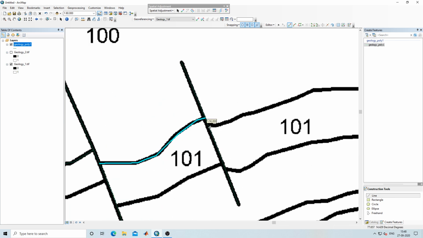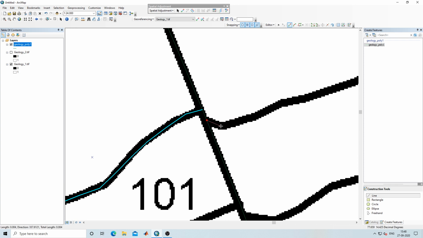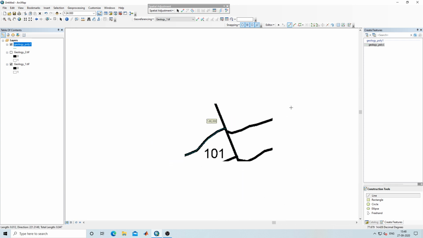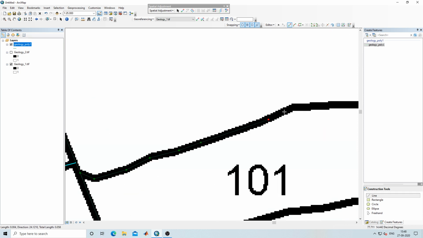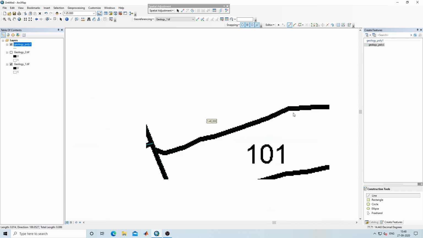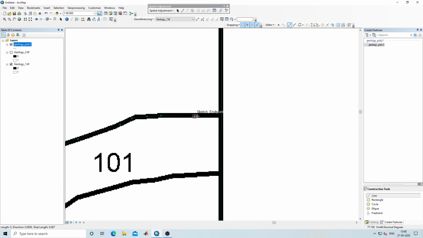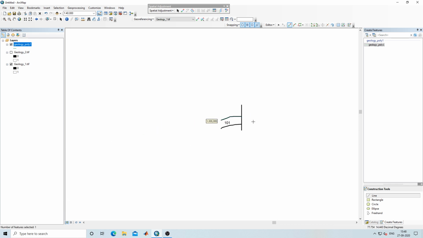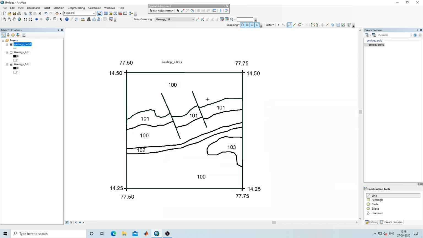Again start from here, start digitize, scroll down, again scroll, press C, move map. At the end, if this snapping is off, then it will not show end. So you must make sure your snapping is on, then only it will show end. Double click and close. So like this you need to digitize it and save edit. You must save your edit.